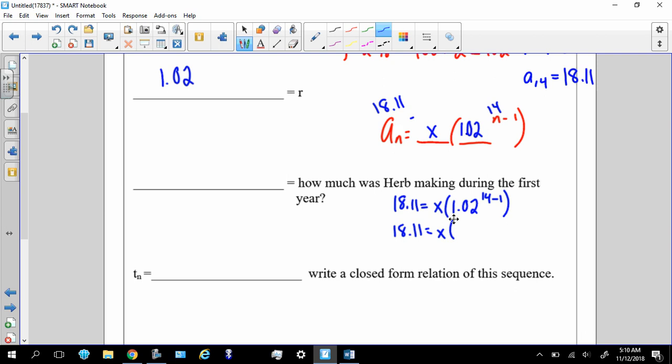I'm going to say this is going to be 1.3. So when I divide this by 1.3, x is equal to, let's see,